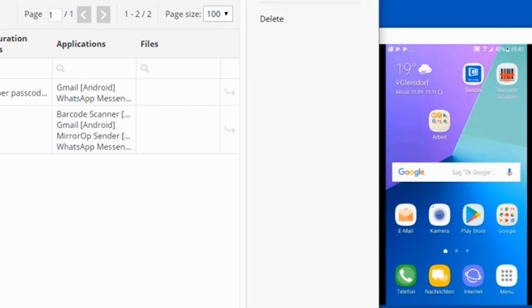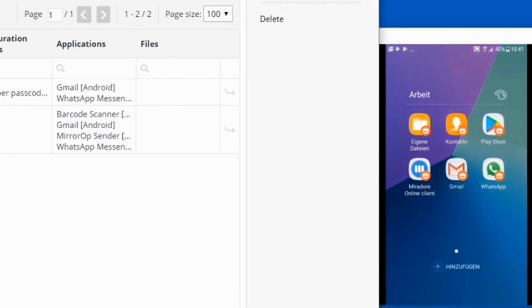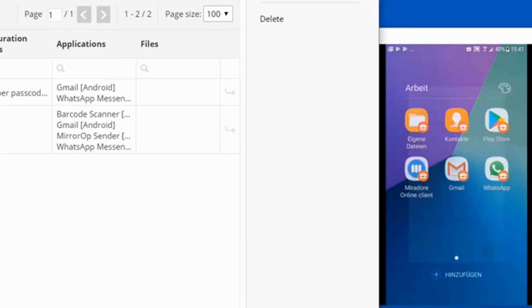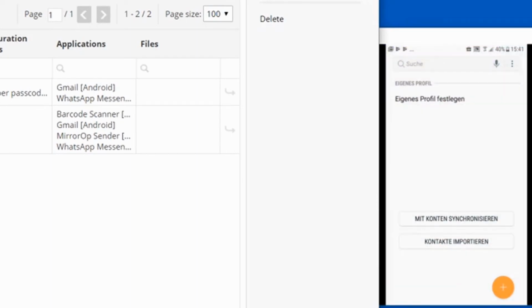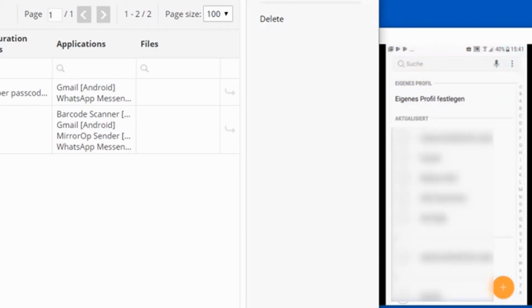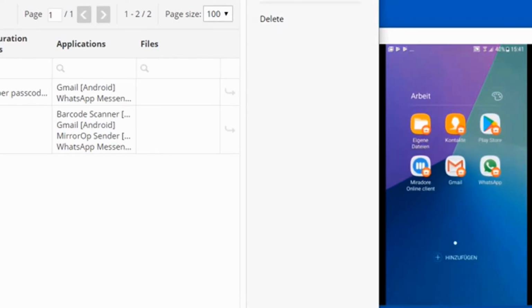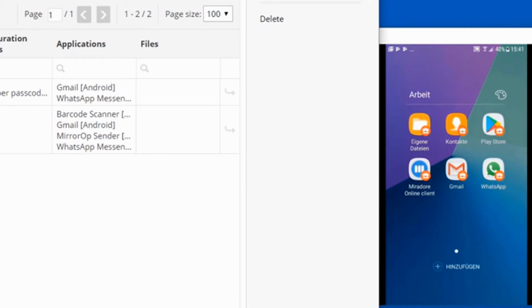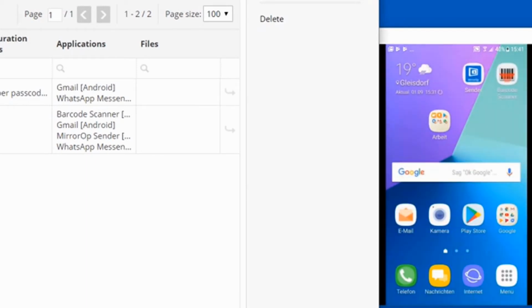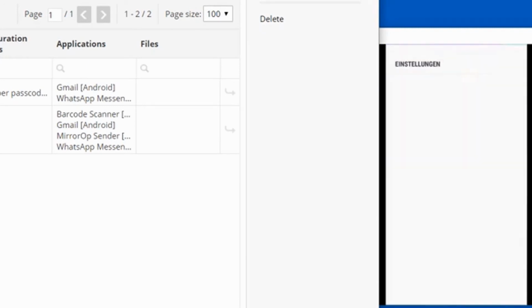But I have WhatsApp installed. So when I take a look here at my contacts, they are not here yet, but they will arrive soon because, oh, and here it is. And if we go to WhatsApp, my contacts would be uploaded,